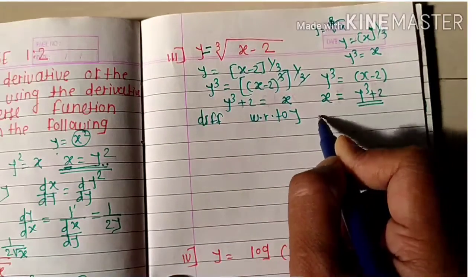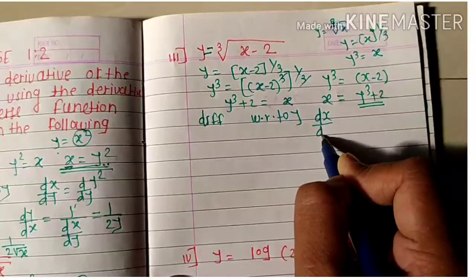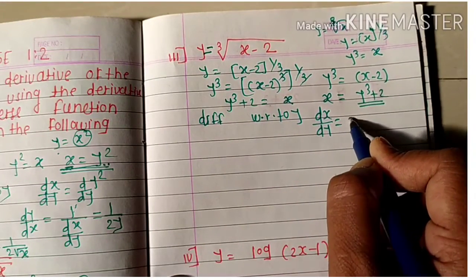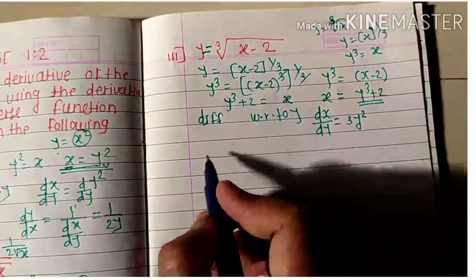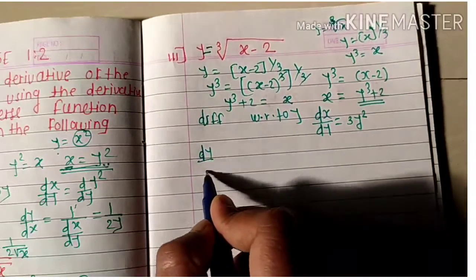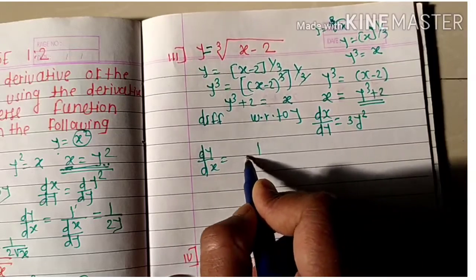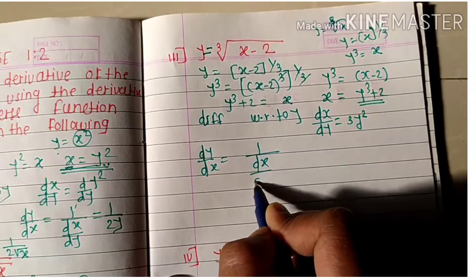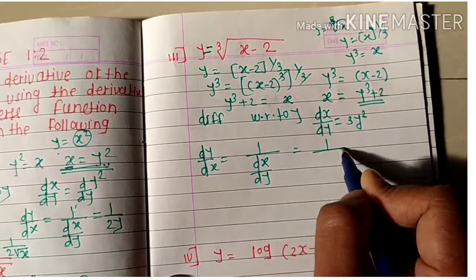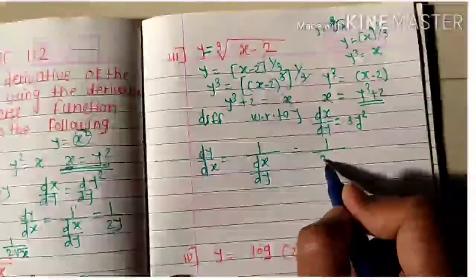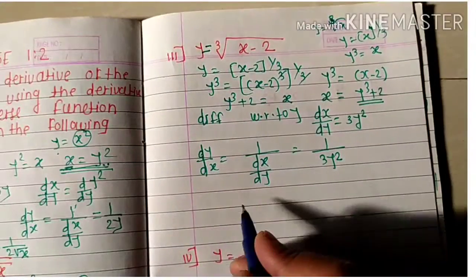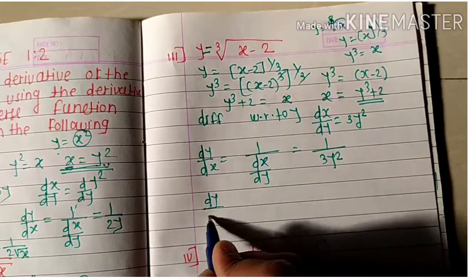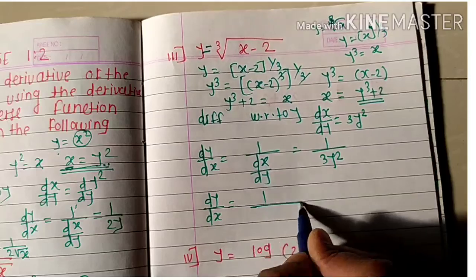When we differentiate this with respect to y, dx upon dy is equal to the derivative of y cube, which is 3y square, and the derivative of the constant is 0. But what we want is dy by dx. Then dy by dx is 1 upon dx upon dy, that is the reciprocal of 3y square. Then substitute the value of y square again, so dy by dx is equal to 1 upon 3